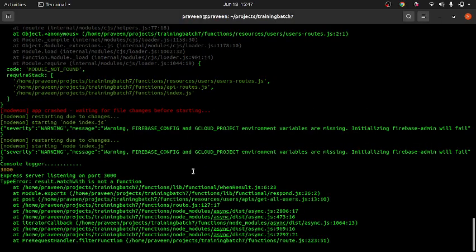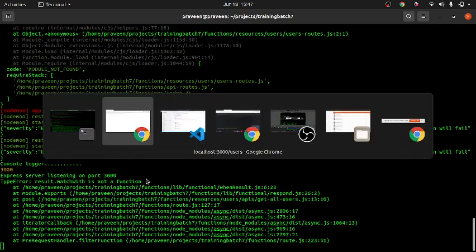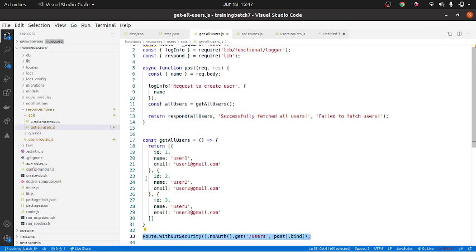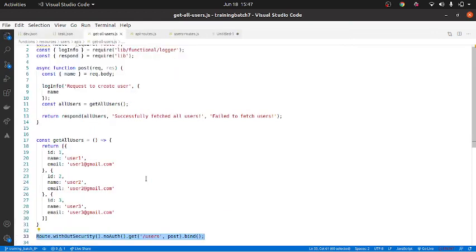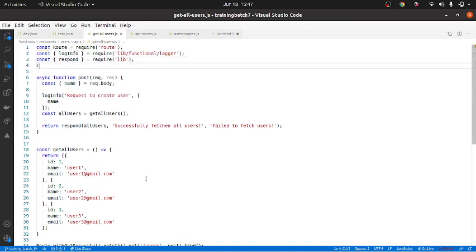Now if I go to users, it gave an unhandled error. Let's take a look at what happens. It is telling result.matchWith is not a function. The thing is, I told you guys, we use something called folktail. We use result in folktail. Require folktail slash result. So I don't need to put this I. We use something called result in folktail.